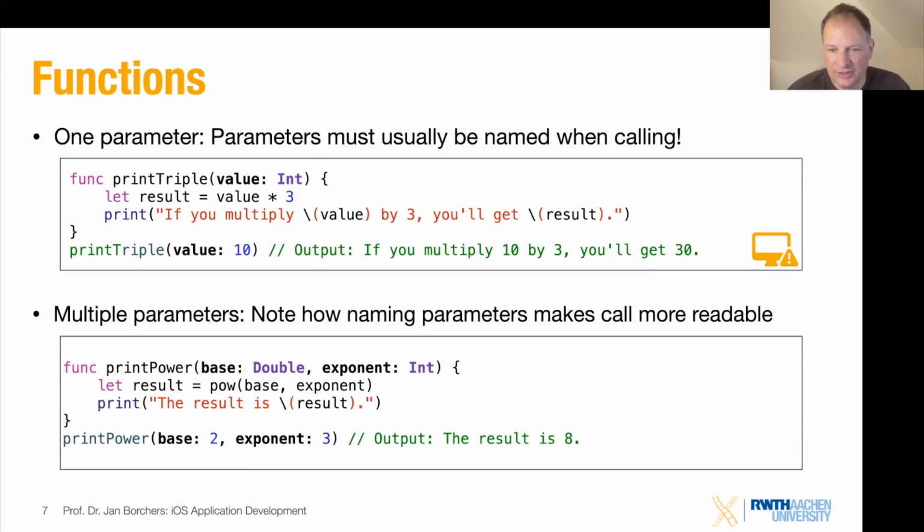The reason for that, and that's why I put this little logo behind it, is this is a way that Swift enforces or encourages ways to write code that is more readable on the side of the caller. So when you are calling a function, Swift is trying to make the code that you have to write to call a function as readable as possible. So this is why we're seeing this. Now you might say, that's unnecessary. Why do I need to type value there?